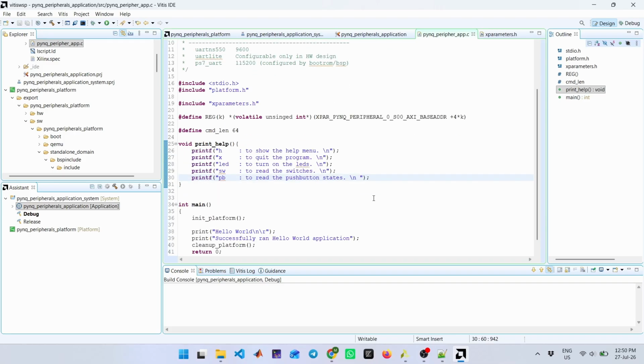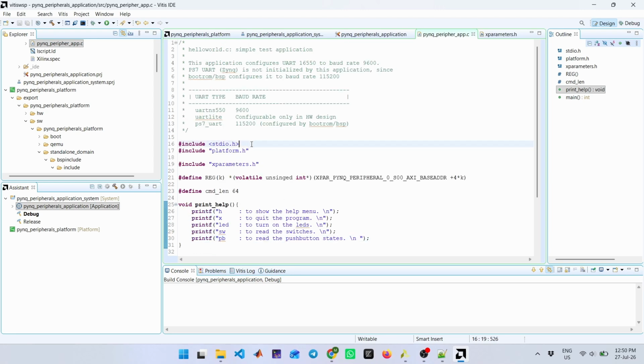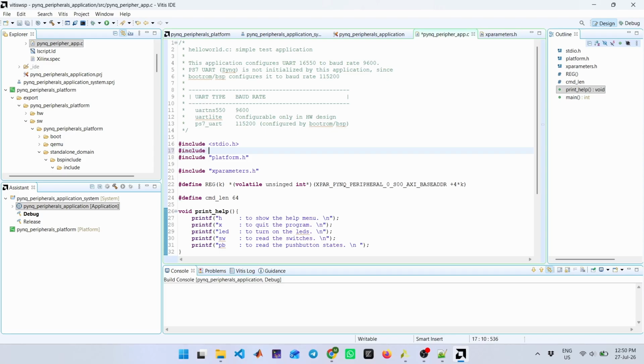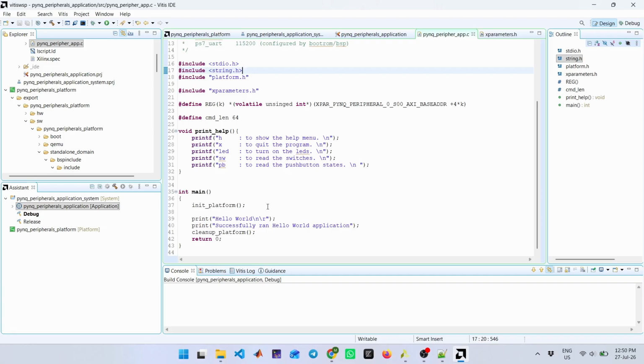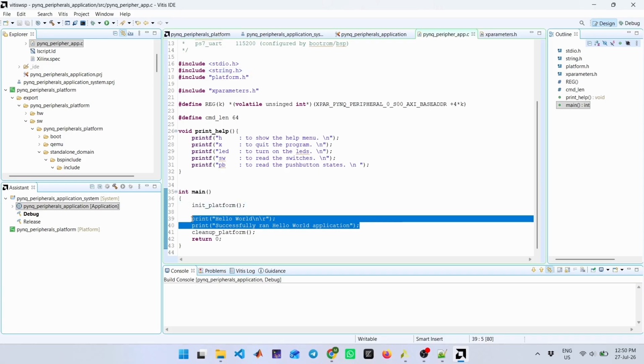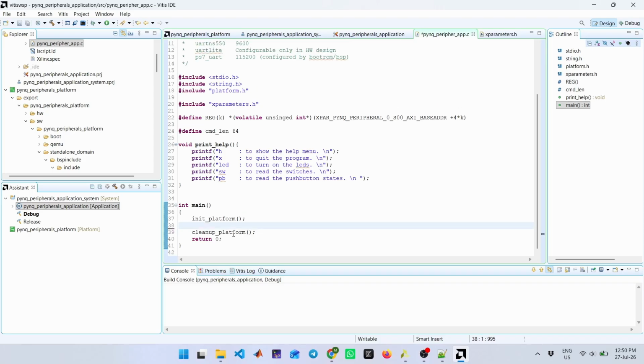Since we're going to get the commands from the user as a string, I'm going to need the string library also. And so I will remove these things, and define some parameters that are used for our program. So I'll just create a terminate variable that's currently 0. I'll also make the command that we'll be getting from the user command line,